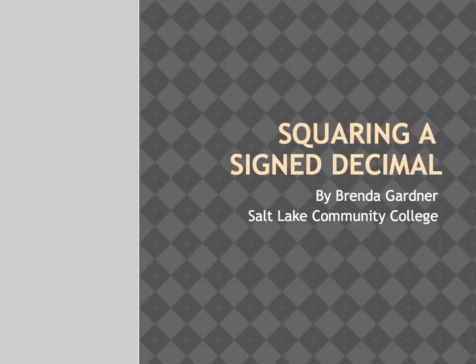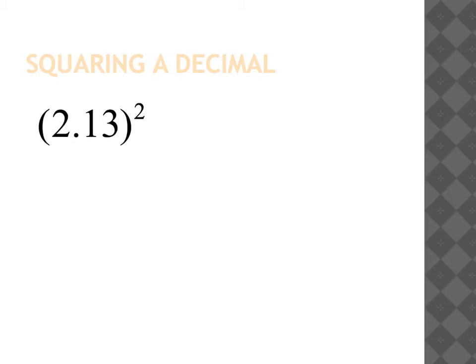So this is a quick lesson on squaring a decimal or squaring a signed number. So we're going to start with taking 2.13 squared. The first thing that we need to do is remember that 2.13 squared is the same as 2.13 multiplied by